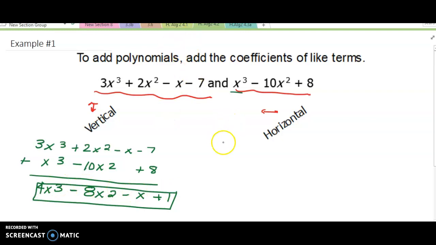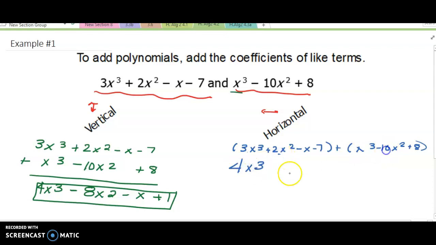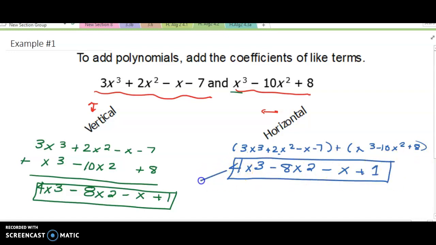Okay, now you can do the same thing over here horizontally, where you can just do 3x cubed plus 2x squared minus x minus 7 plus x cubed minus 10x squared plus 8. Okay, now when we add these, in this case the parentheses really don't have a purpose, so just add them straight across. So 3x cubed plus x cubed, 4x cubed, 2x squared minus 10x squared is minus 8x squared, just the minus x, and then minus 7 plus 8 would be a plus 1. So as you can see, either way, as long as we don't make any mistakes, we should get the same